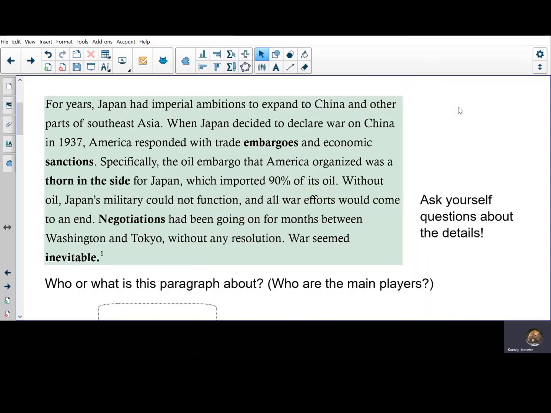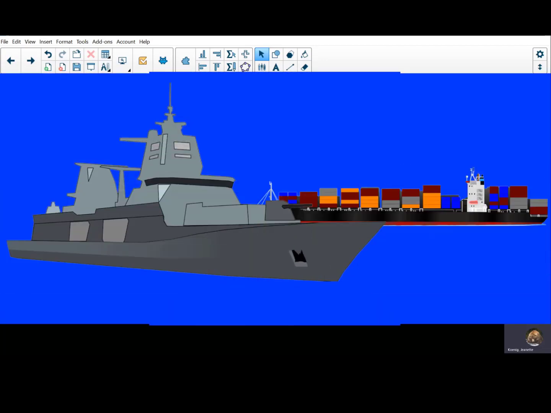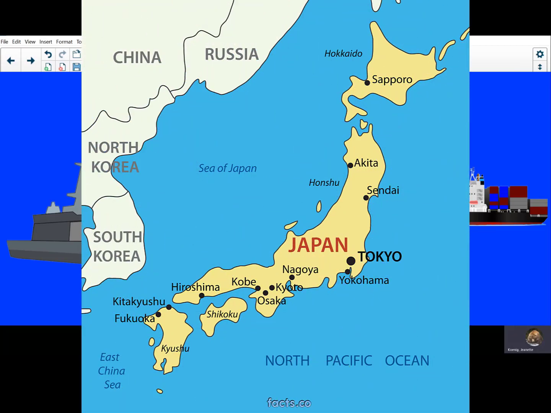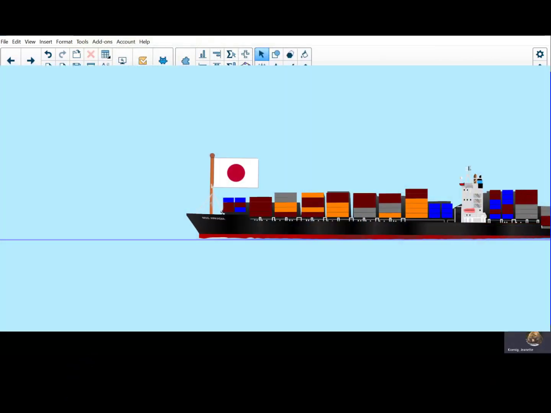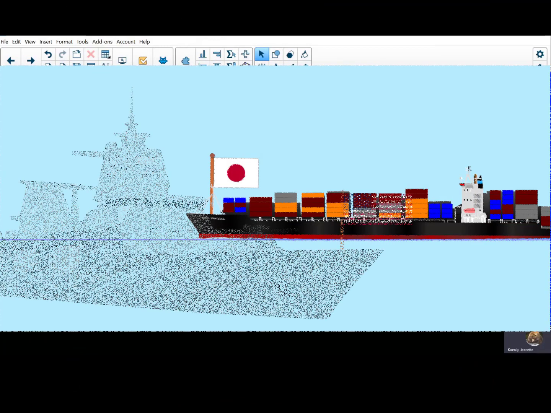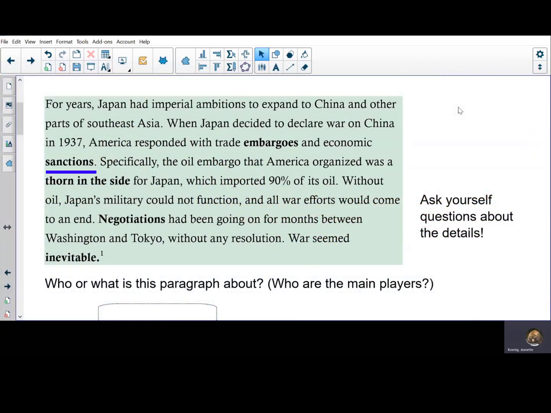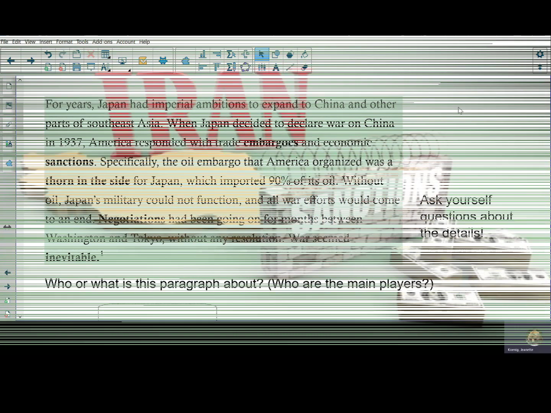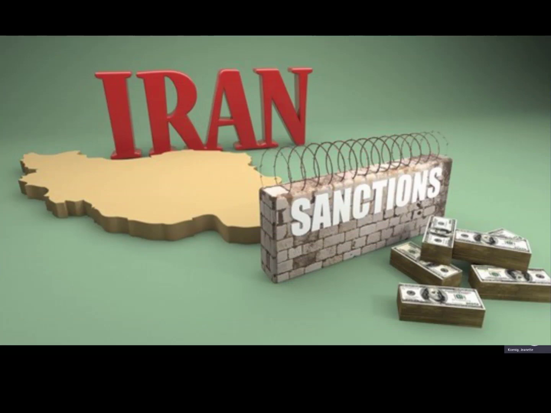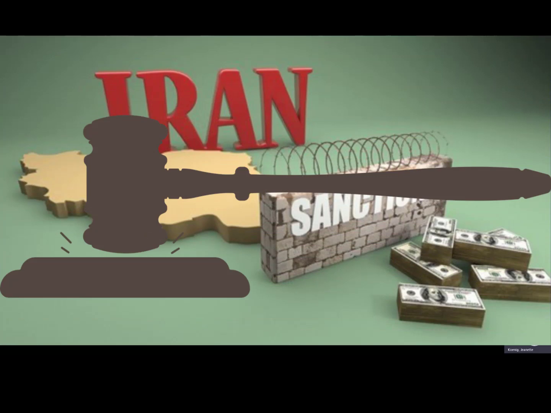Okay, so anyway, before we go on, let's look at some vocabulary that may be issues. So trade embargoes, that is just blocking trade ships. Japan, like every other country that has a coast, is trying to send ships out to do some trading, and American ships are stopping the Japanese ships from getting to their destinations. Economic sanctions are kind of the same thing. We are stopping their ability to trade. It's a form of punishment for a country.